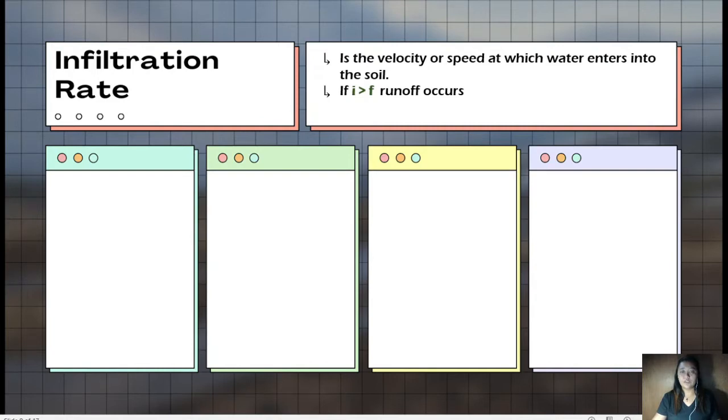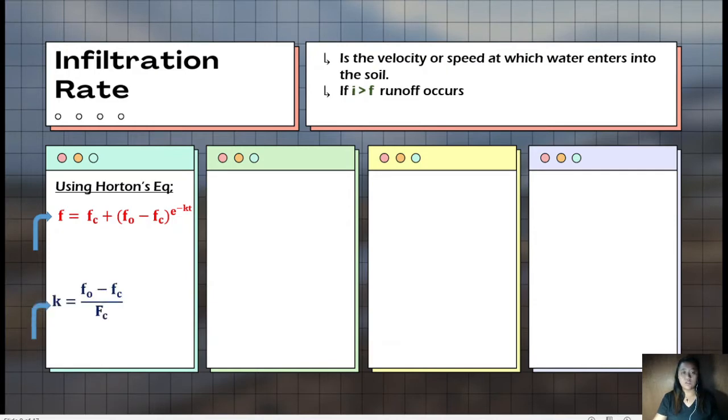If i, which is the rate of rainfall, is greater than f, which is the infiltration capacity, runoff occurs. So using Horton's equation, f = fc + (fo - fc)e^(-kt), where k = (fo - fc)/fc,